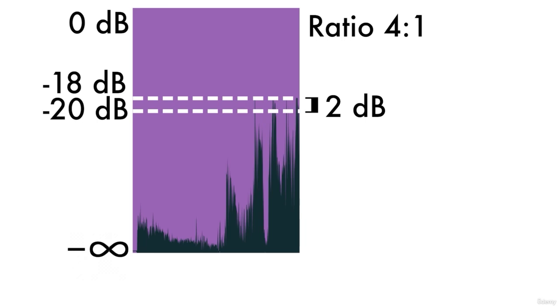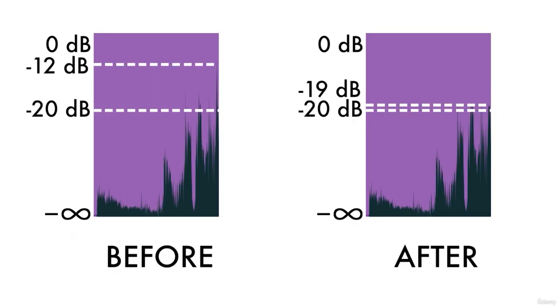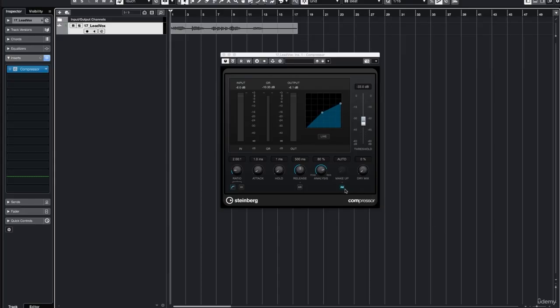If your ratio is set to 8, the compressor will compress it by a ratio of 8 to 1. That will bring it down to 1 decibel. So at the output of the compressor, we will have -19 decibels. Now when we compress the signal, naturally it will become quieter. So in order to compensate for that loss in volume, we use the make-up or gain control. This is how a compressor can bring out the details in a recording or make a guitar note sustain for